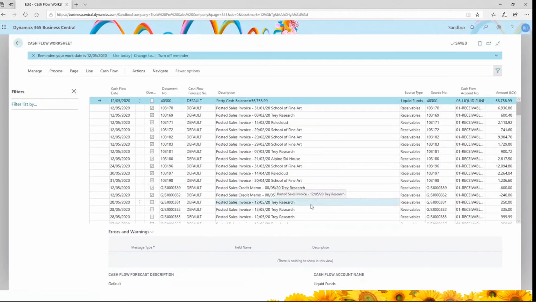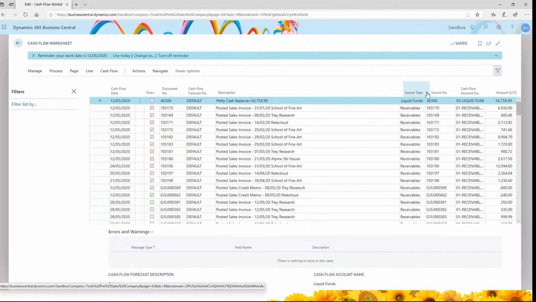So as you can see on my screen, I have lots of lines of cash flow with all their different source types. So my liquid funds, my receivables. But what it does tell me is where the figures are coming from now. So I can see that based on the 12th of May on an invoice that was done in July, that's why that figure's sat there in the May column for my sales and posted for my receivables within my cash flow. So I'm just going to filter on source type right now,